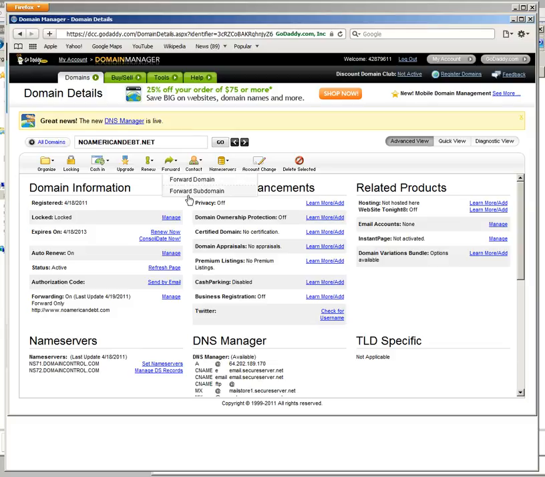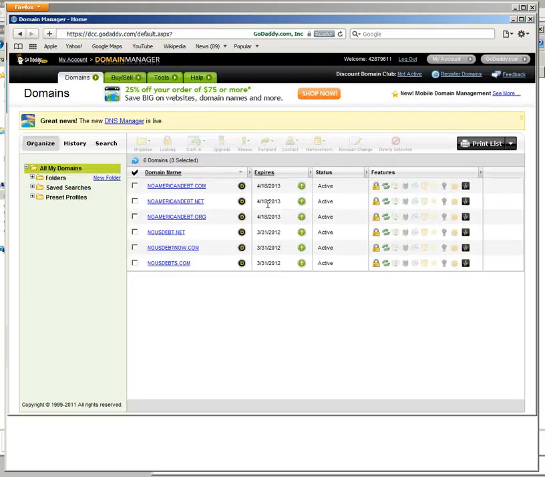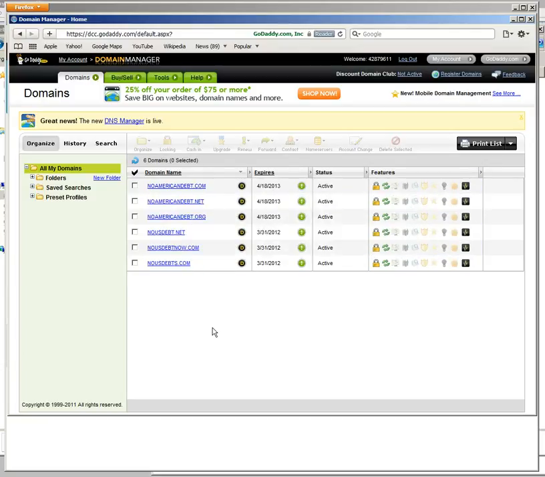So typically, what I'll do is I'll go through all the domains that I need to redirect, and I'll forward all the extra domains, and then I'll go back and forward all the subdomains. Normally, that'll give the GoDaddy system enough time to process the request and make those settings available to me again. So let's take a look at the next one,